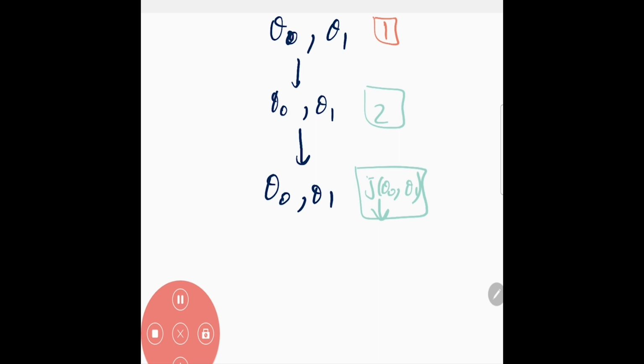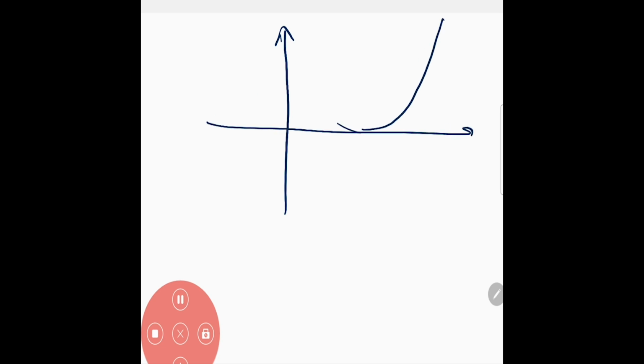So in order to do that, we need to explain something regarding optimization of this sort of function. Since our function j is a convex function, it would look like a parabola basically, because it's a square function, right? And this is the value j,